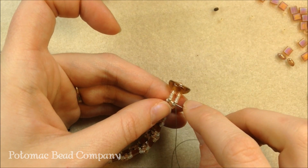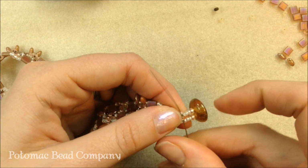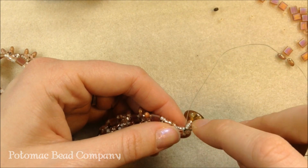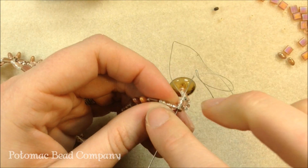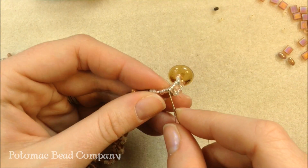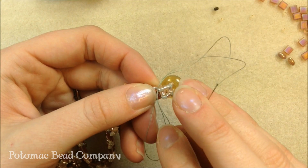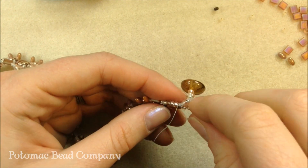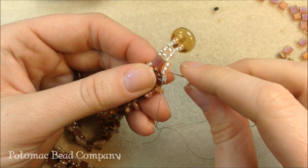If you want to, you can even go through a third time. That's kind of up to you. What I'm going to do then, after I've come through 2 times, is sew down through my project a little bit, and I'm going to knot off my thread, picking up some of the threads there in the middle, just doing half hitch knots or sewer's corner knots, and just sewing a little bit, tying another knot